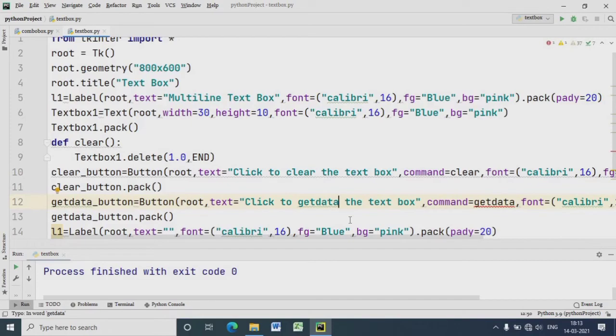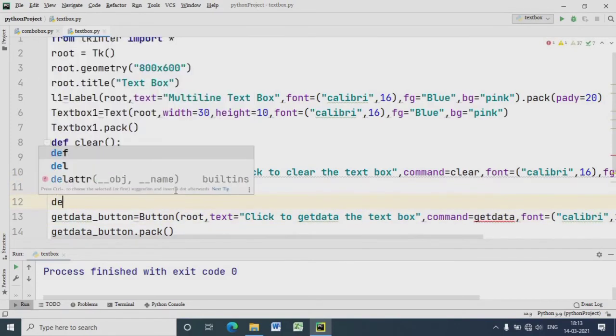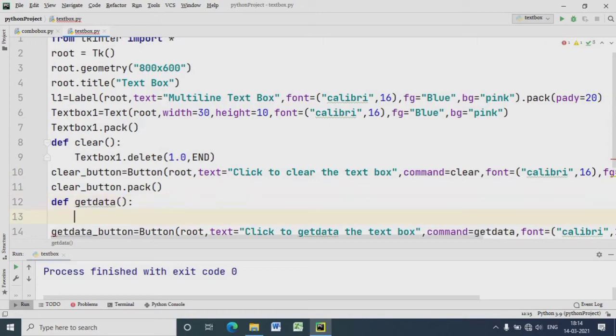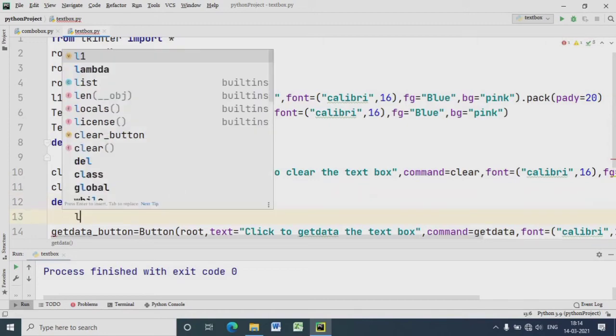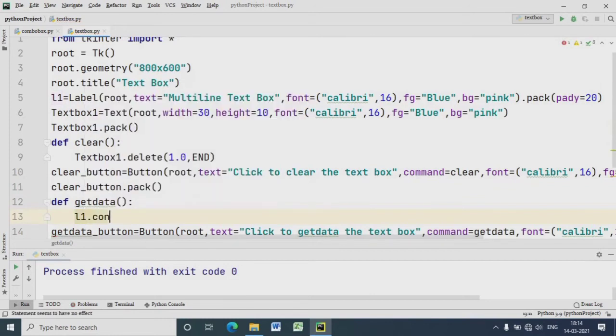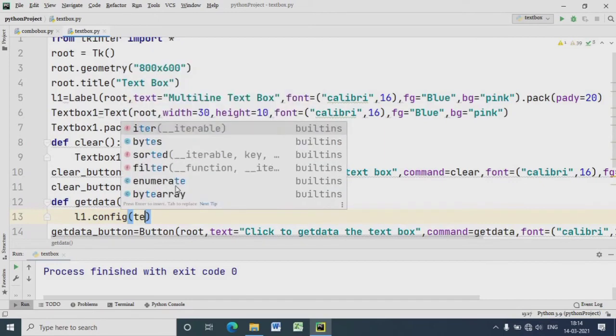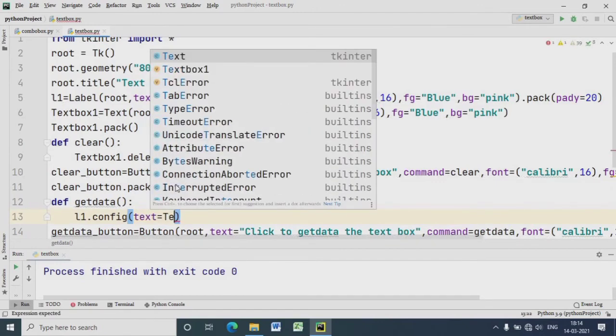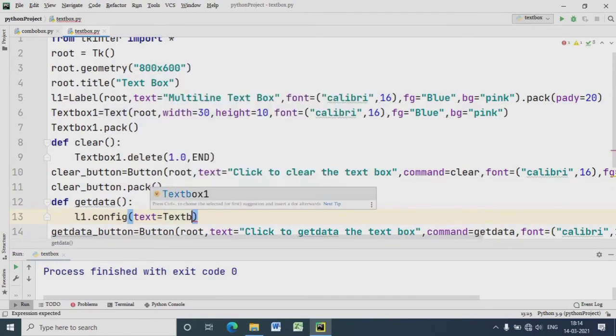To configure the text of the label, we have to write l1.config within bracket textbox1.get, and we have to write within bracket 1.0 comma END. In this way we can get whatever data is there in the text box.